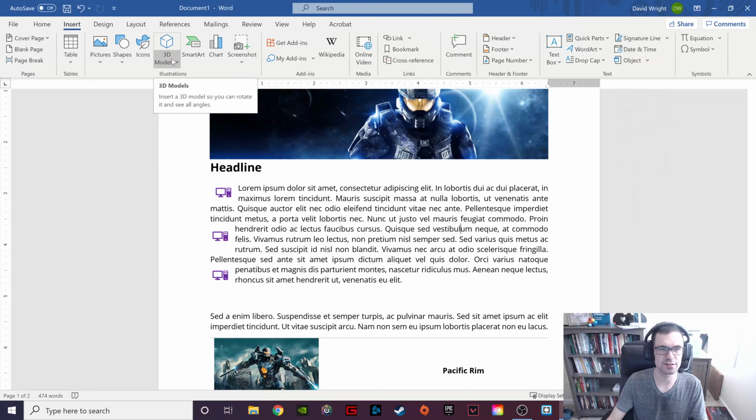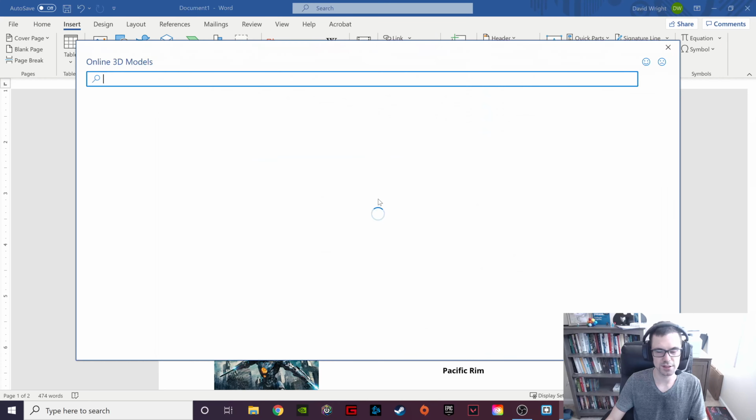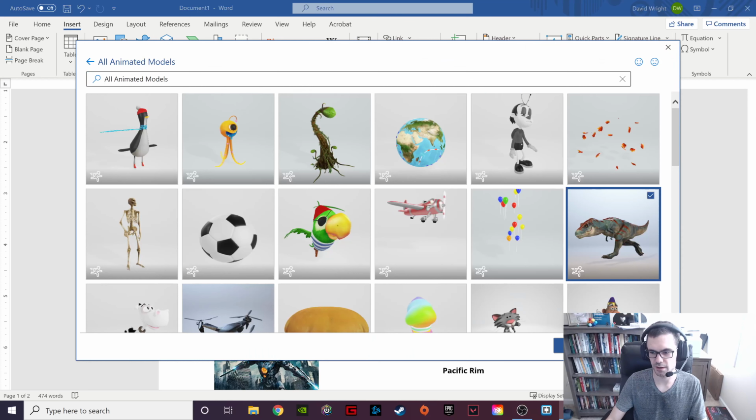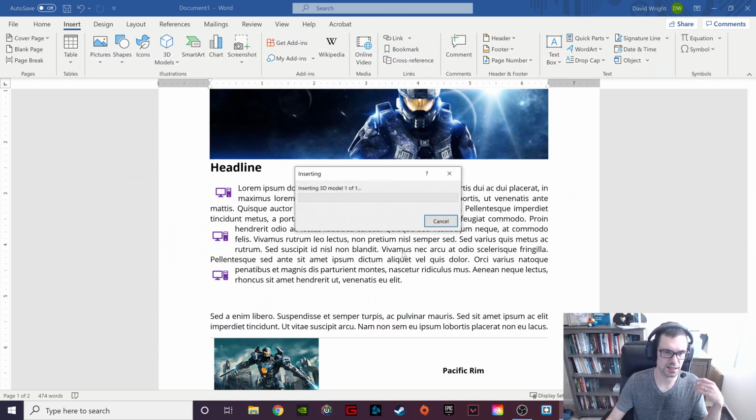One last thing, they have this new thing called 3D models. And if you go to that, you can search for a model. Let's just say I grab this dinosaur. Now it's going to take a second to insert any 3D model. And the reason for that has to go download even the animations of it,